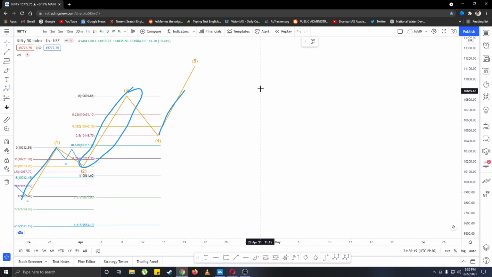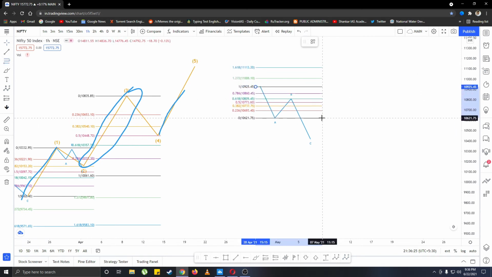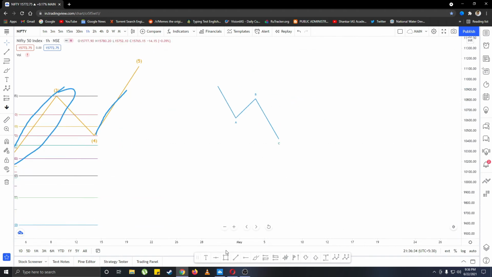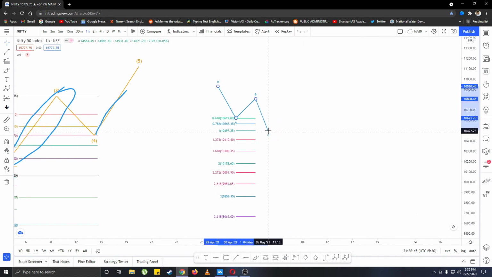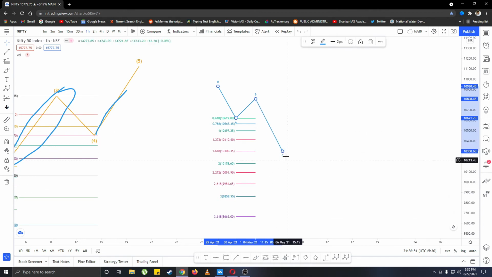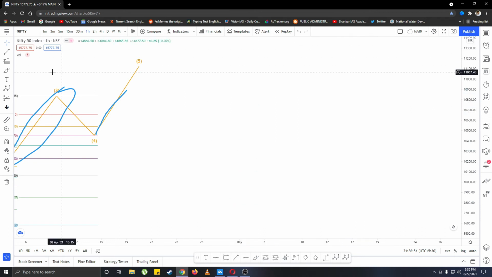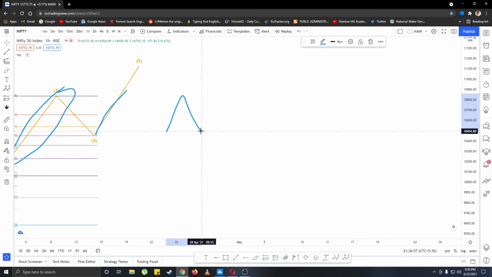Now talking about corrections, in zigzag correction, wave B usually ends between the 38.2 to 0.618 levels, and wave C is equal to the extension of wave A, B and a C. If we extend it, it is usually around 1, or in some extended cases it can even go up to the 1.618 levels.